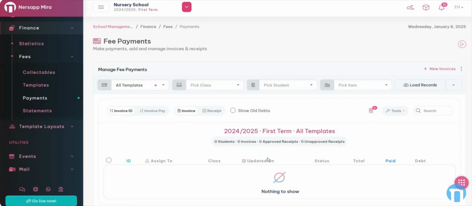So in this tutorial, we're going to show you how to generate the invoices if there are no invoices already, or the fee templates. And from there, you can start collecting payments. So let's get started. In this environment here, when you load this fee payment section, it allows you to,